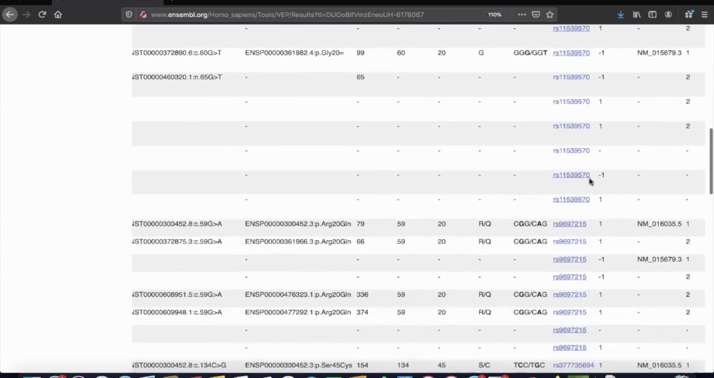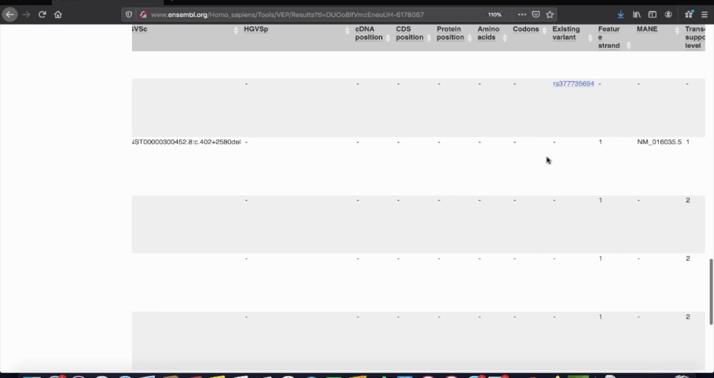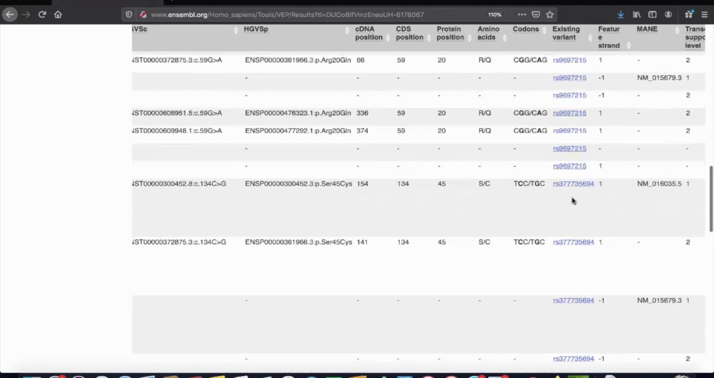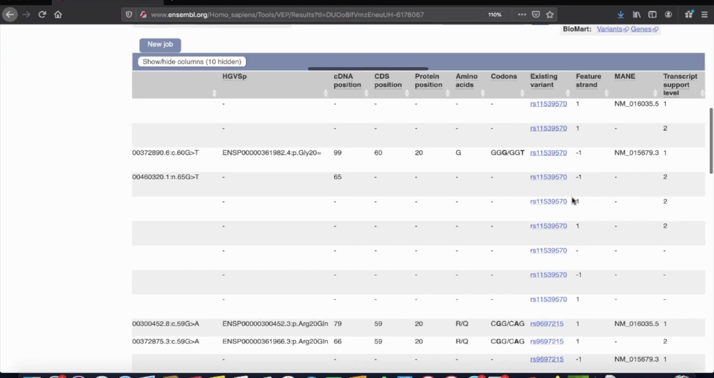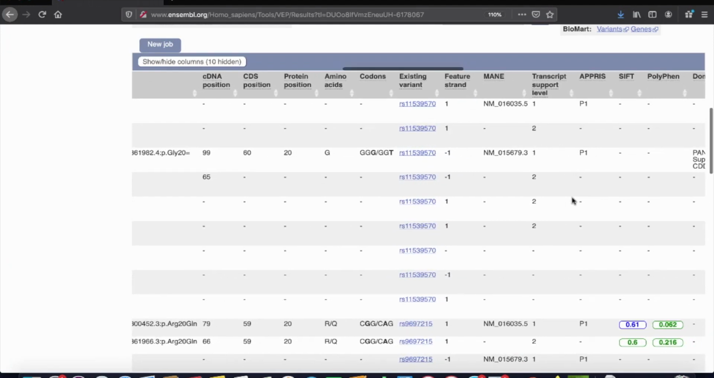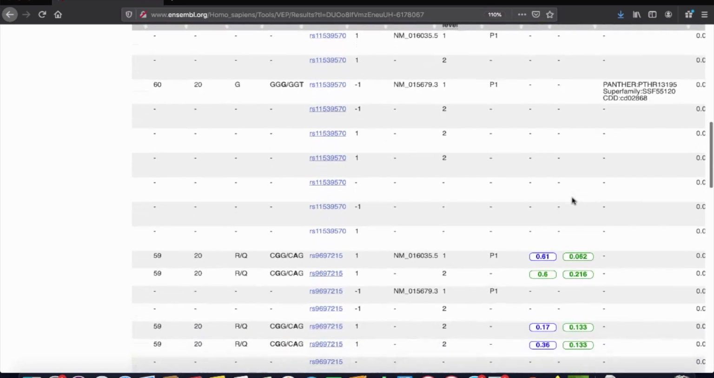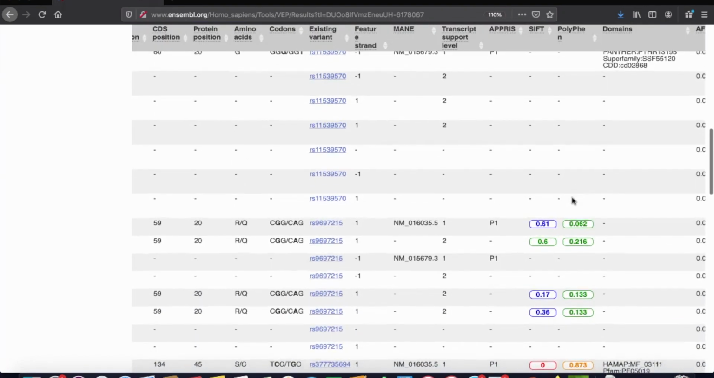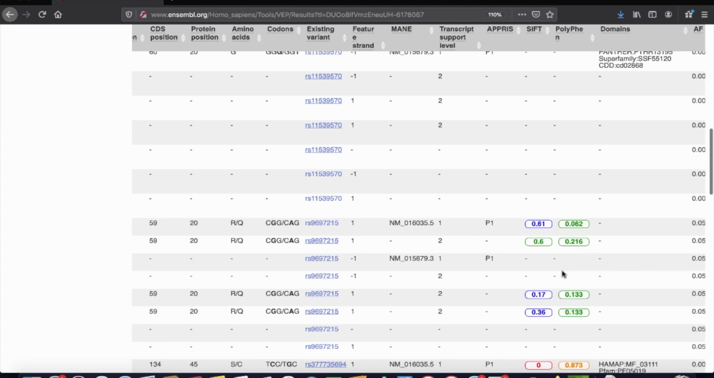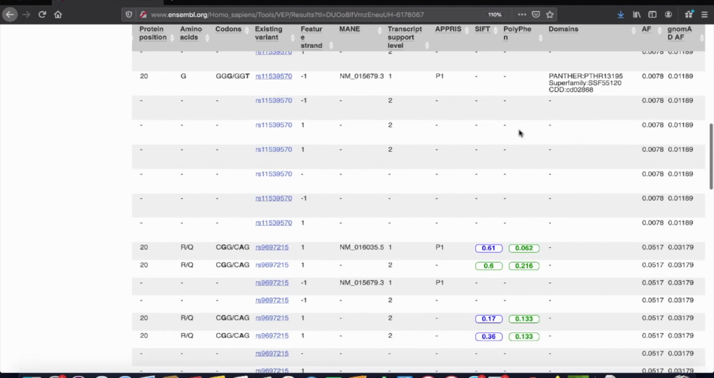You can see all of those are known. If I go to the bottom, you can see if the identifier is missing, that means those variants are novel, haven't been identified before. We then have some transcript scoring algorithms. You can see we've got MANE, we've got transcript support level, APPRIS, and also some pathogenicity predictions for missense variants like SIFT and PolyPhen. If a variant falls in a known domain, it's going to be listed here in this protein